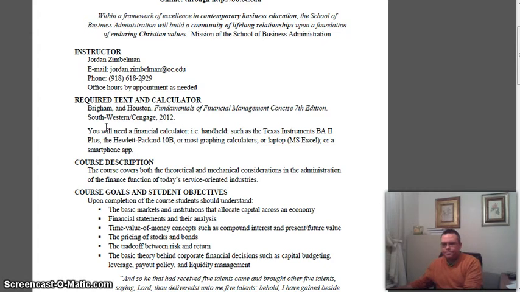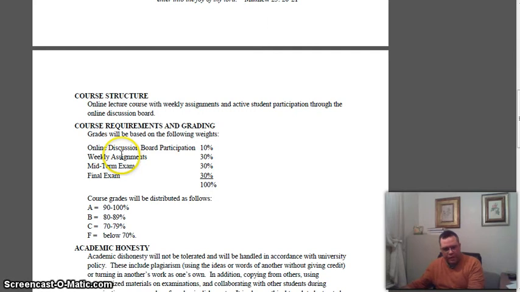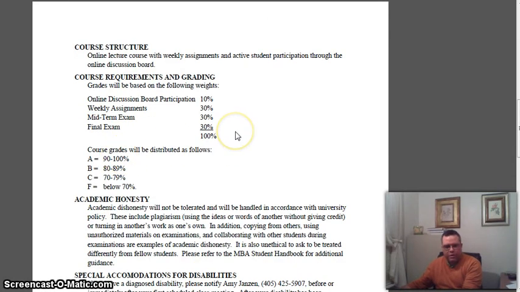All right, let's scroll down a little bit on the syllabus here and look at how you'll be graded. This is a graduate level course, so it's heavily weighted towards exams. So 60% of your grade is through the midterm exam and the final exam, 30-30, so it's equal. Another 30% of your grade is weekly assignments on Blackboard. So you'll go on Blackboard each week. There'll be some set of assignments, quizzes, and things you'll have to complete. And then another 10%, which should be free points for everybody, is really just participation,